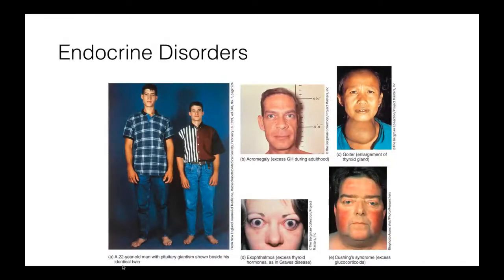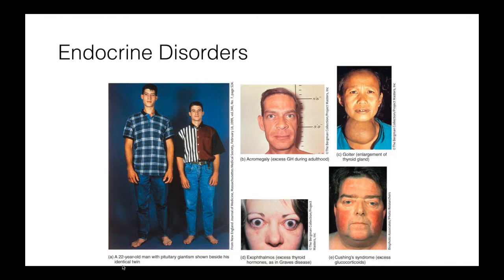Now we'll finish up with some endocrine disorders here. When we look at the top left, we'll see giantism. We'll see too much growth hormone. When a person is younger and they have too much growth hormone, they grow really, really tall. In letter B, in the top middle there, when there's too much growth hormone in an adult, they get that thickening of the skull, the thickening of the brow. They have that cavemanish type of appearance. That's called acromegalia or acromegaly.